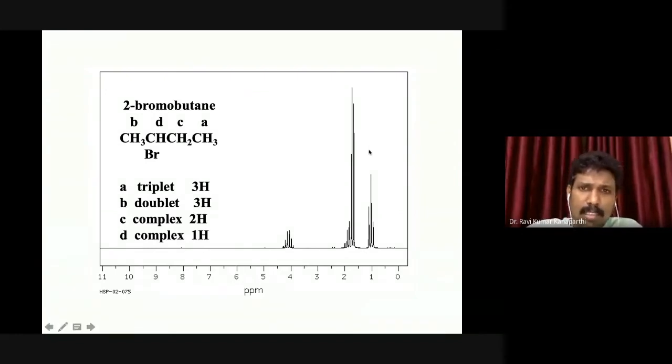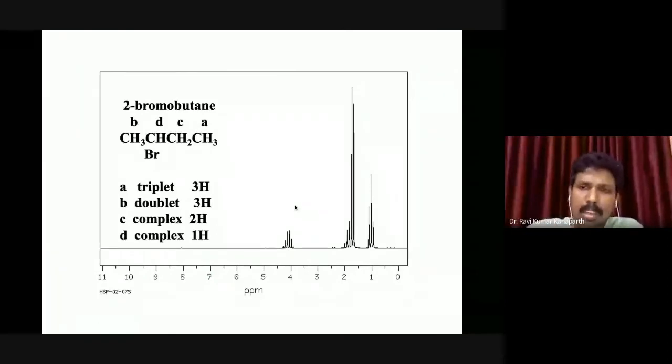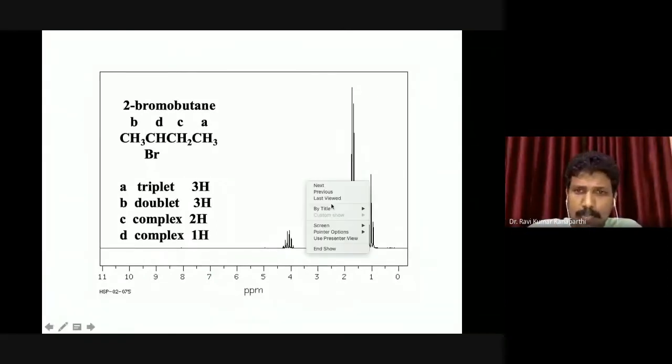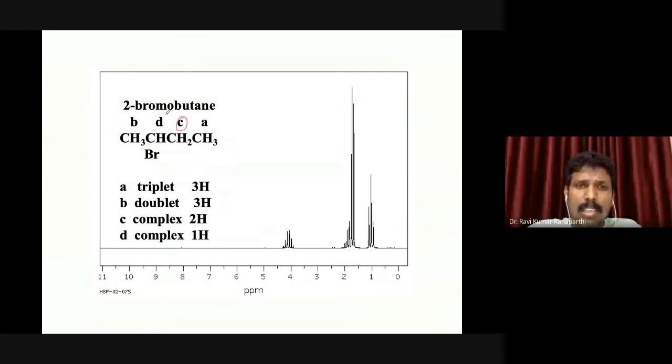And as you can see here, sometimes it so happens that the chemical environments of different protons can be nearly the same, and as a result, we don't see very distinguished peaks. We can't really resolve the peaks. So they will merge together, and we will see very clumsy spectral details. The best example is this, and you can see here that there is C and D. Okay, so C and D are actually coupled here, and all these things are coupled together, you don't see a well resolved spectrum.